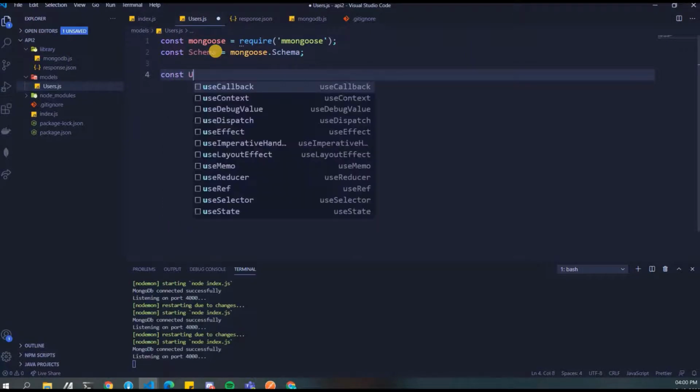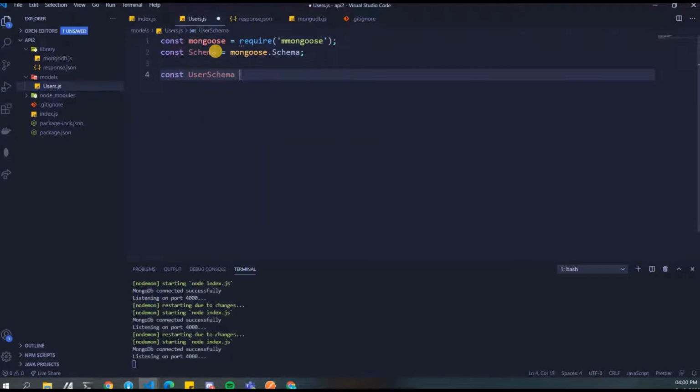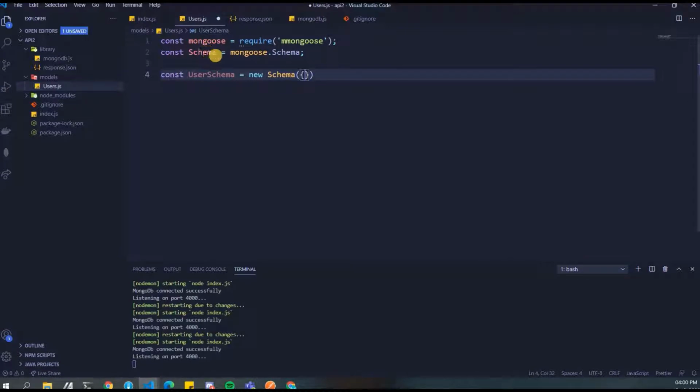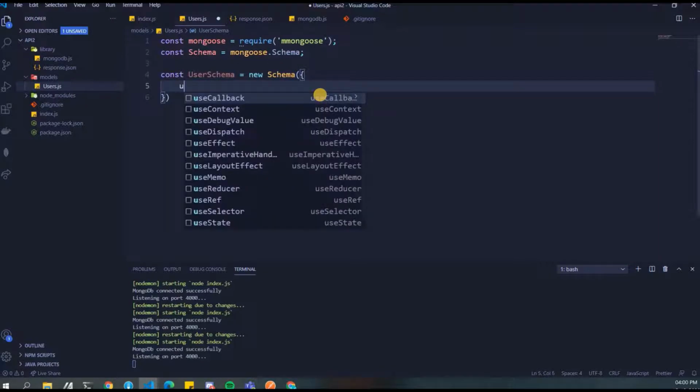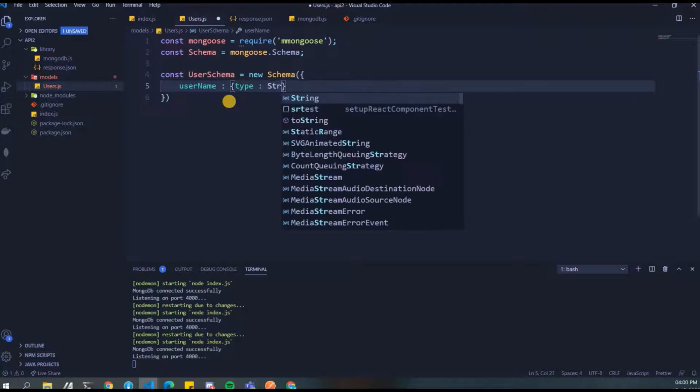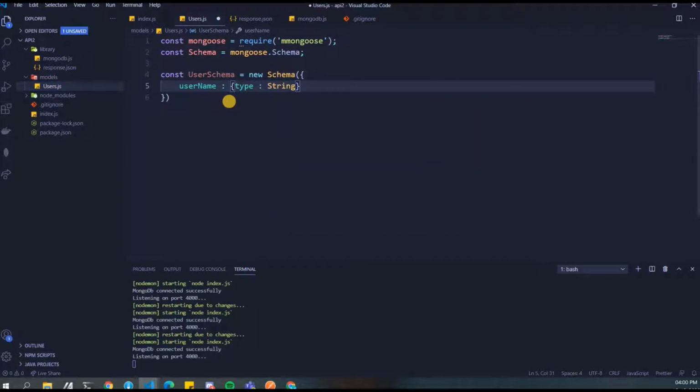So let's write here const userSchema is equal to new Schema. We are defining a new schema from here, and then we are providing whatever fields that we need. So let's start with user. This is not a function actually, this is new. You can call it a class if you are familiar with the concept of classes, but over here there is no class, so that's why I referred to it as a function itself. Okay. So username, we are gonna give it a type of string.